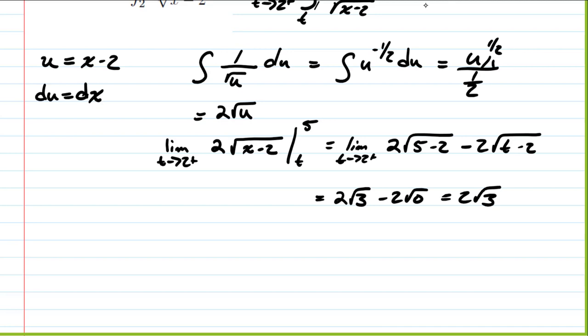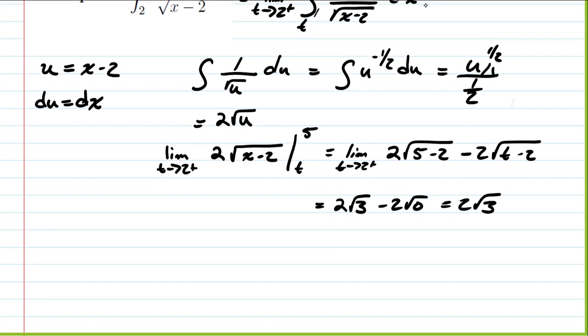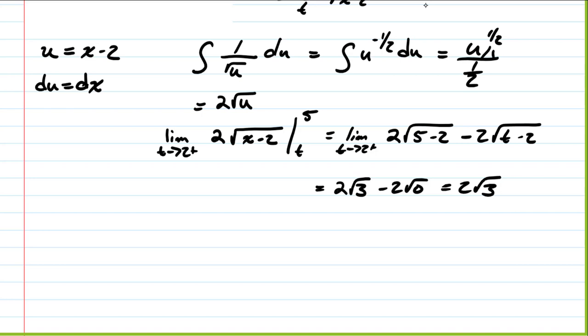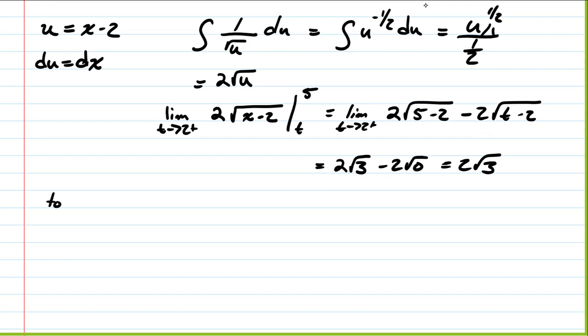So one thing to note, up until this point, I've strongly encouraged you always to change your limits when we do a U-substitution. You can do it when we have improper integrals, and I'll go through it right now, but I think it tends to make things less clear as opposed to more clear. I will illustrate the process, and if you like it, by all means use it. But if not, when we went back to this stage right here, so to change the limits of integration,